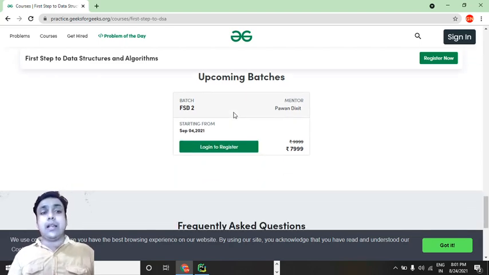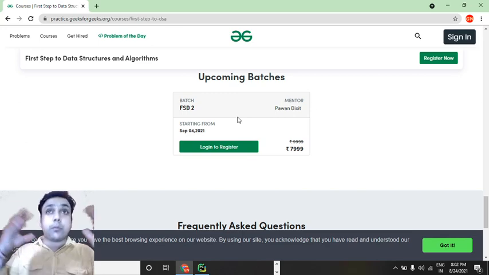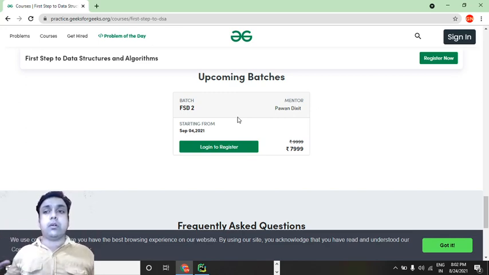So you will get a chance to interact with those students. It is definitely going to improve your problem solving skills as well as thinking skills, which is why we are studying, right? We're not studying for gaining good marks. I studied for improving my thinking skills and problem solving skills,